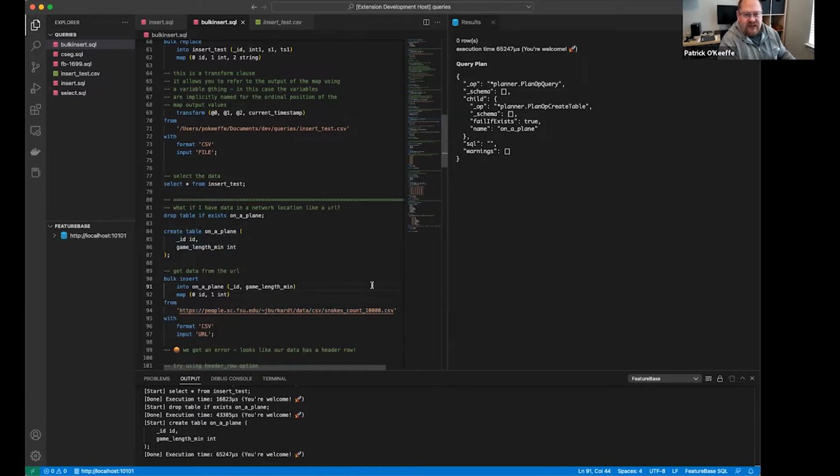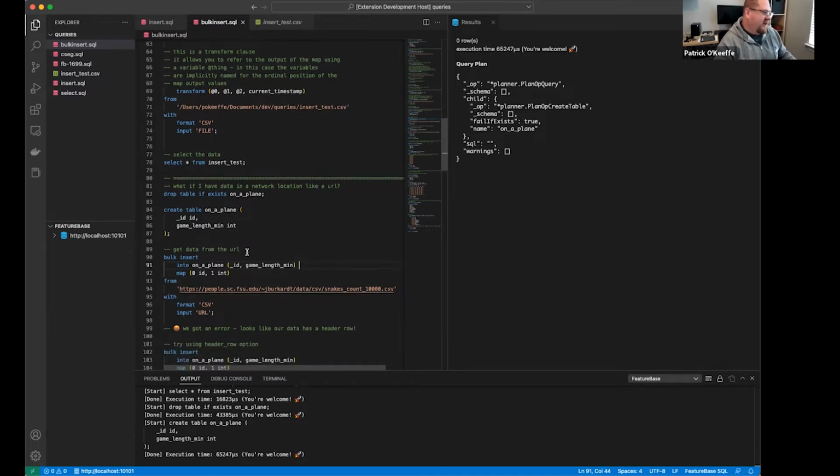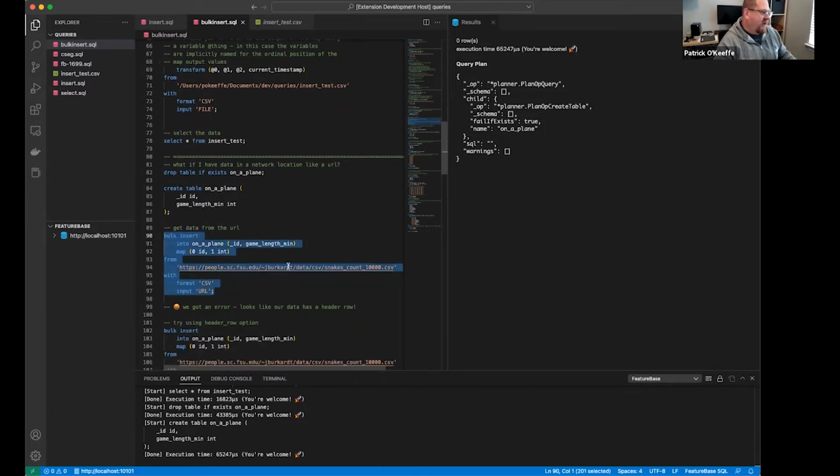The game is called Shoots and Ladders here in the US, but for those of us in the rest of the English speaking world, we know it as Snakes and Ladders. This is just some data about games of snakes and ladders and how long the average game takes. Here, our data is a CSV file, but it's in a URL, and you'll see we have this input URL. So if I run that,